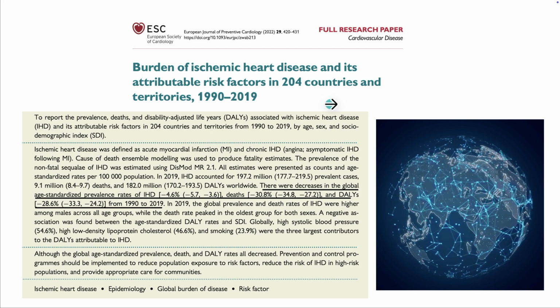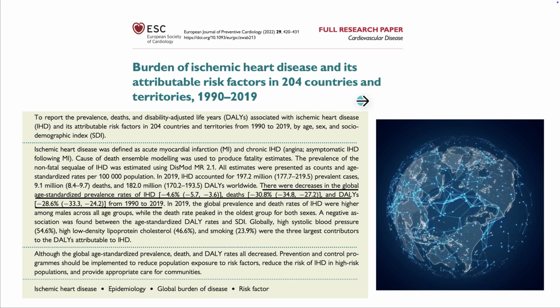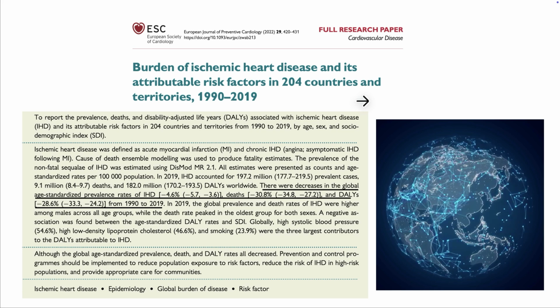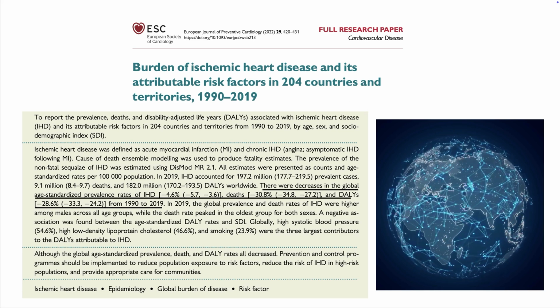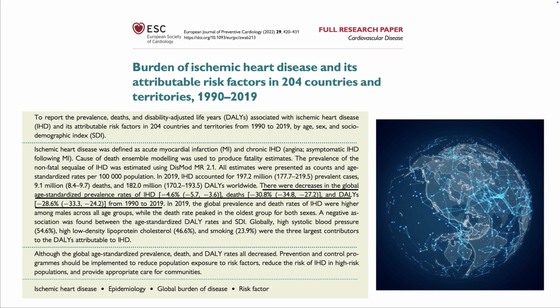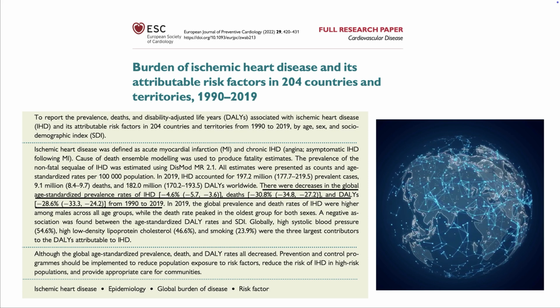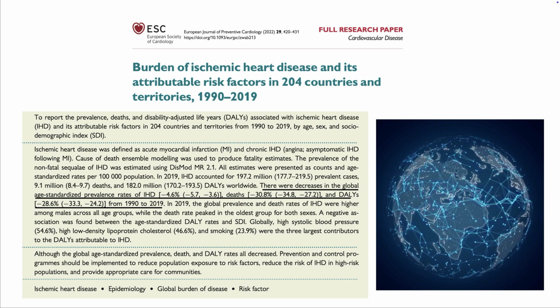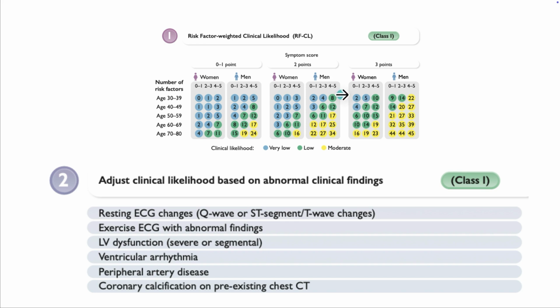So the first adjustment of this risk factor clinical likelihood is the geographic region. If you're seeing a patient in the Middle East, in Southeast Asia or Sub-Saharan Africa, then you can move them from a very low grade into a low grade, or from low grade into a moderate, or from moderate to high. The second adjustment to this risk factor weighted clinical likelihood is based on the ECG, the echo, and coronary